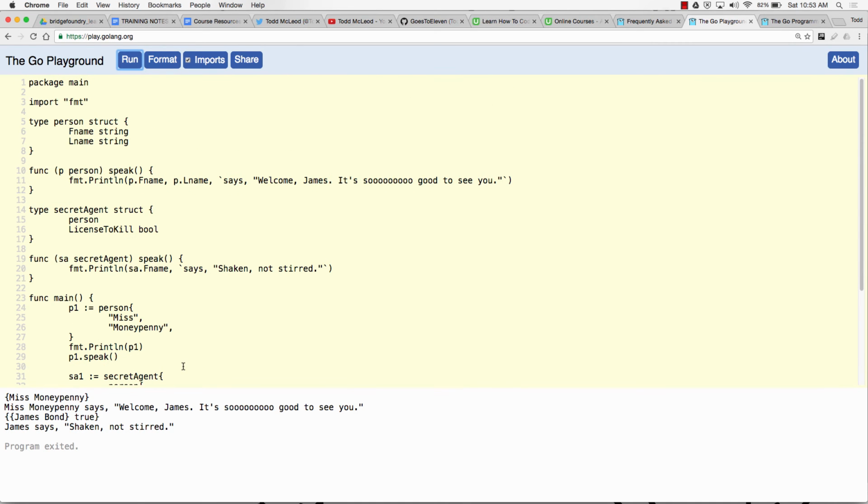All right, so we've attached methods, and we have these. And now the last thing is interfaces and polymorphism for code reusability. And to do that, we define an interface and type human, because if you're a secret agent or you're a person, you're a human, right? So this is polymorphism. We're going to define type human. It's going to be an interface. Interfaces are implicitly implemented. You don't explicitly have to say, hey, this implements this interface.